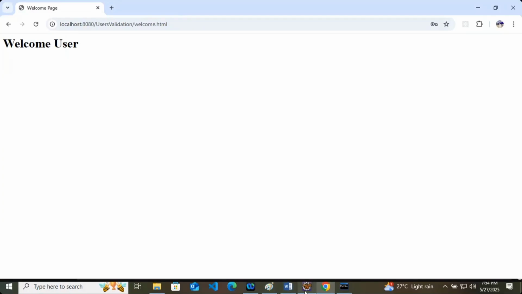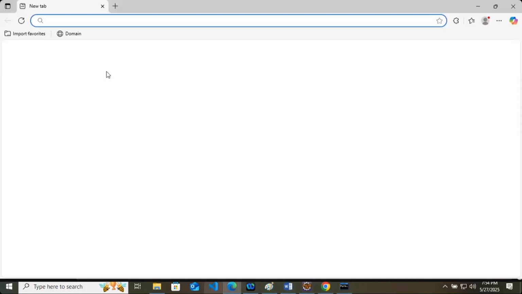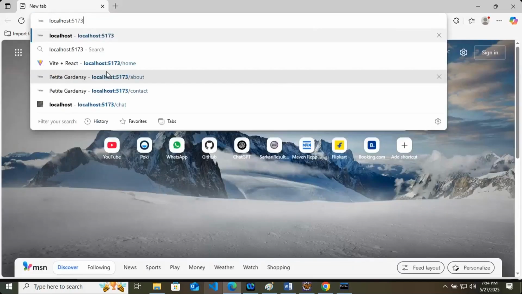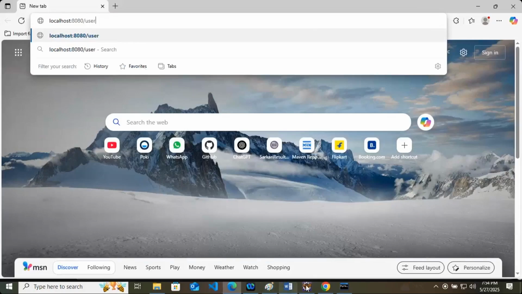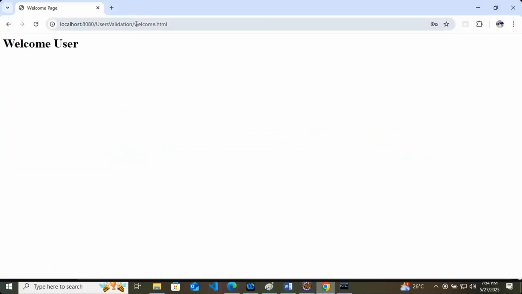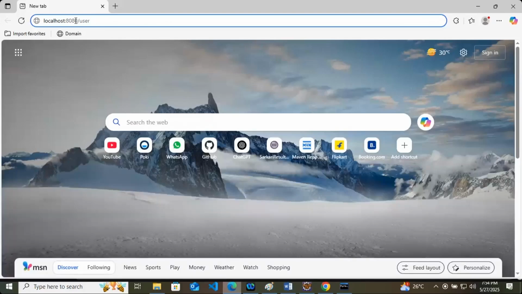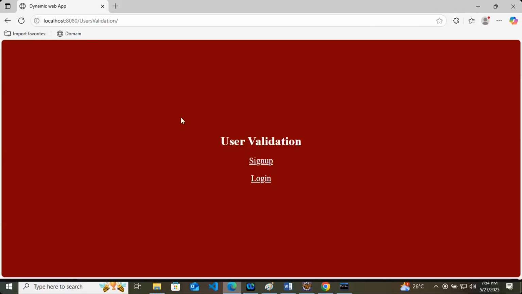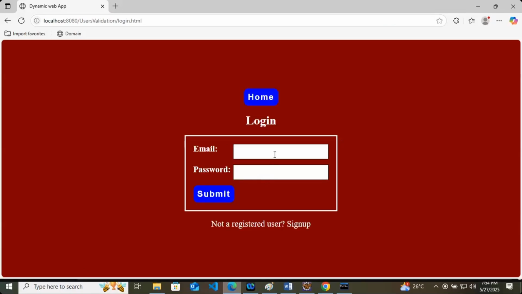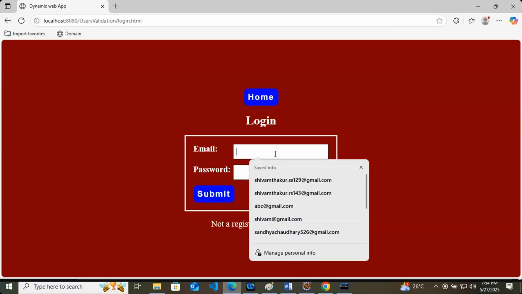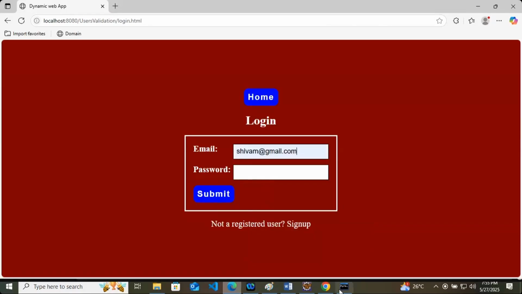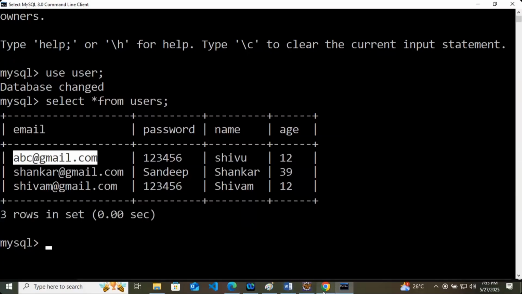The same application is running in Chrome. I will open it in Edge here, at localhost 8080 slash. I will log in here with a different email address, same password.